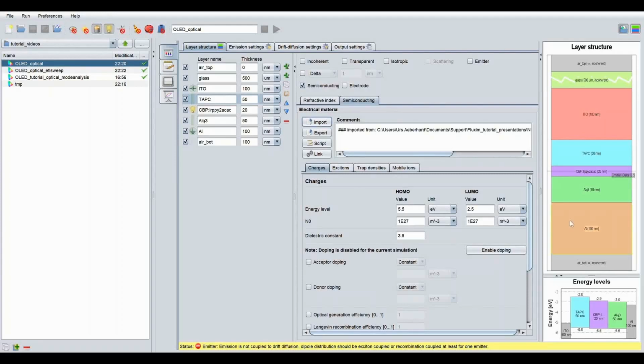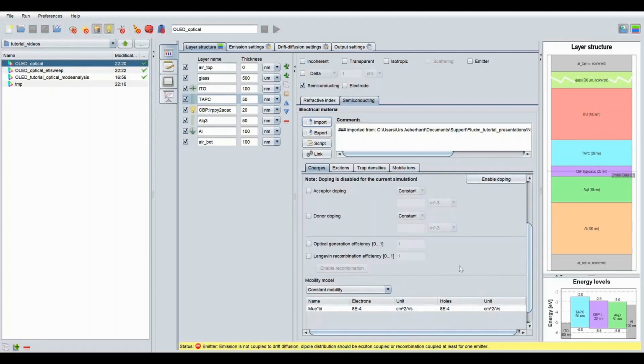Okay, so now I have all the electrical material properties that I need for the diffusion simulation: HOMO-LUMO levels, effective density of states, dielectric constant, but also the mobilities of electrons and holes, which here are given in a constant mobility model.